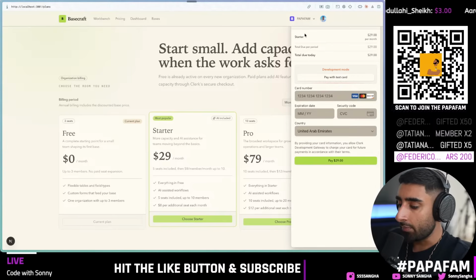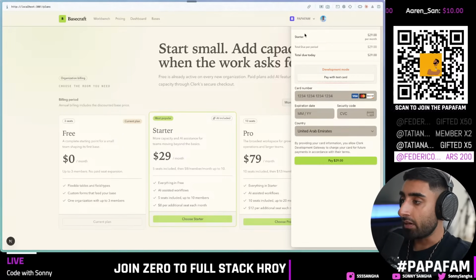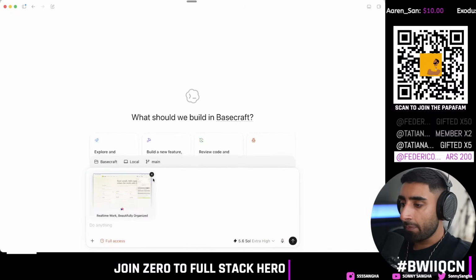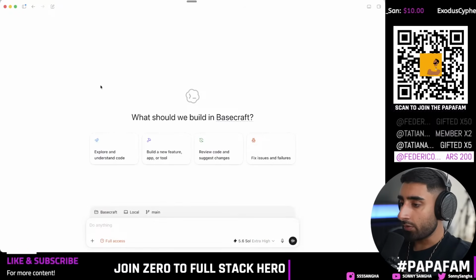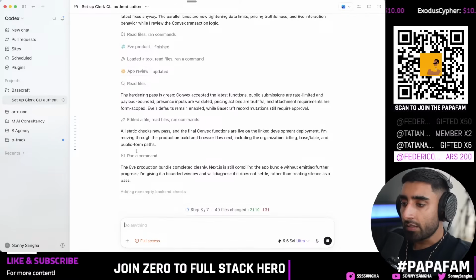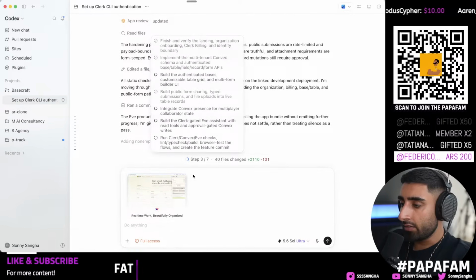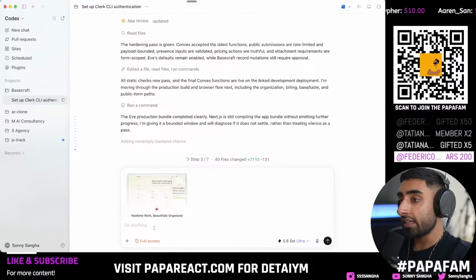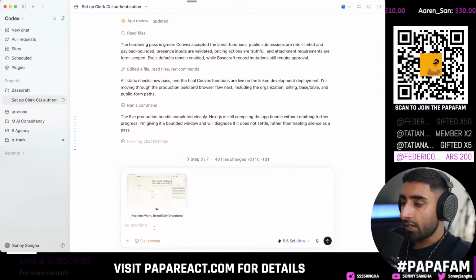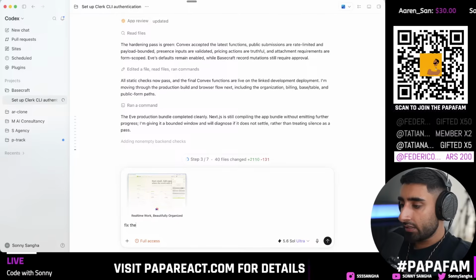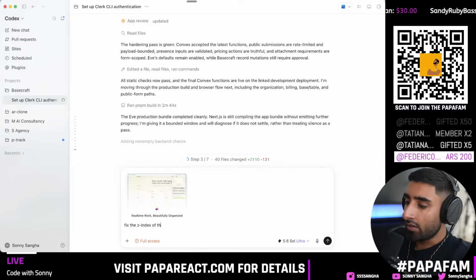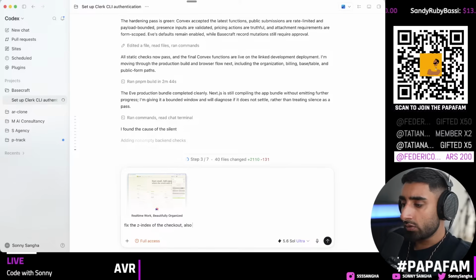If you press Command, either side of the spacebar, you see that little snap it did? It will go ahead and take a screenshot and throw it into this. So in this case, if I go back over here and do it now, Command, you see how it popped it in? So that's a nice little app clip, it's called. Here I can say fix the Z index, which is basically the layering of the checkout. Also,